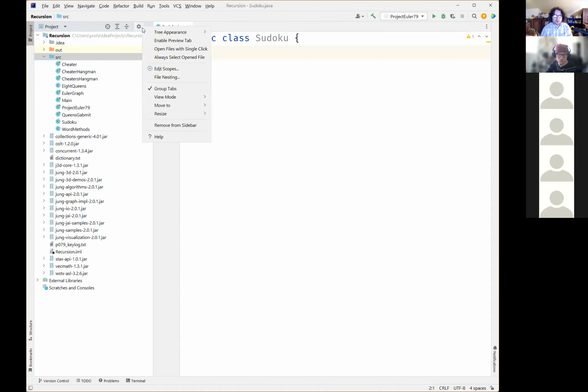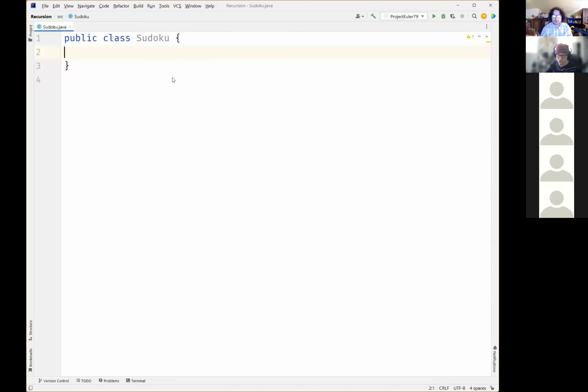All right, so Sudoku. What we have to do for Sudoku is that we've got this 9x9 board that we want to solve. And again, we have these rules about no duplicate numbers in any row, no duplicate numbers in any column, and no duplicate numbers in any 3x3, or what I'll call box. Okay. Now, with regards to how to start this,